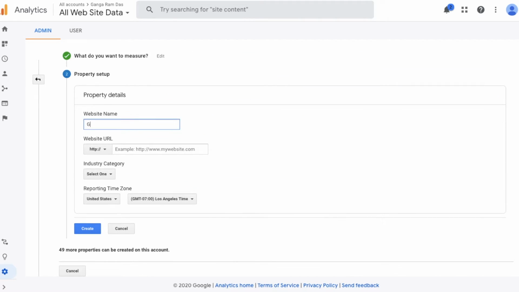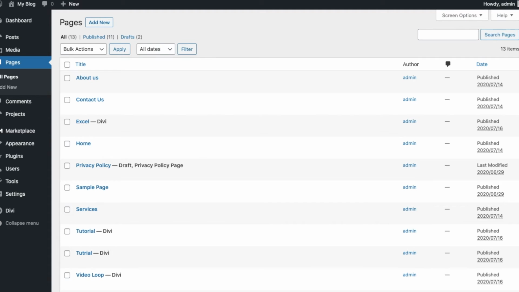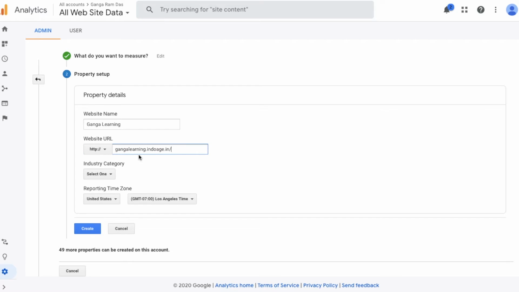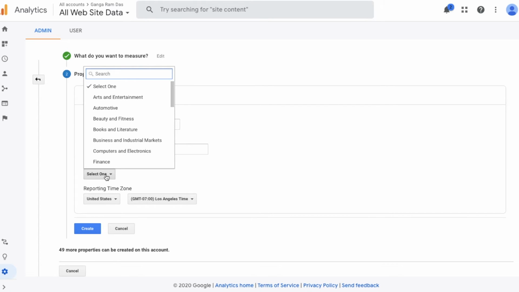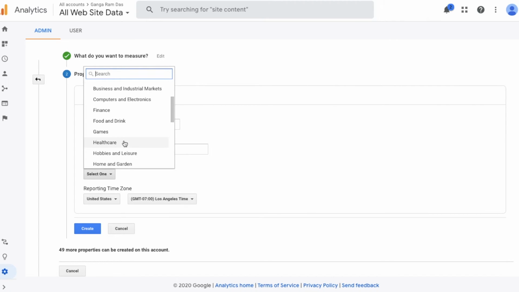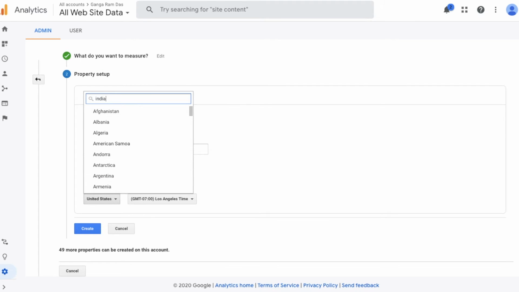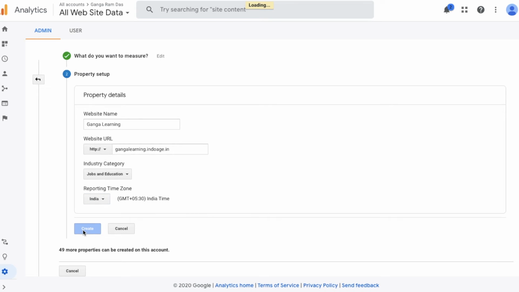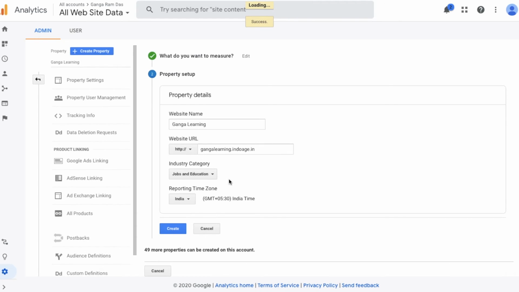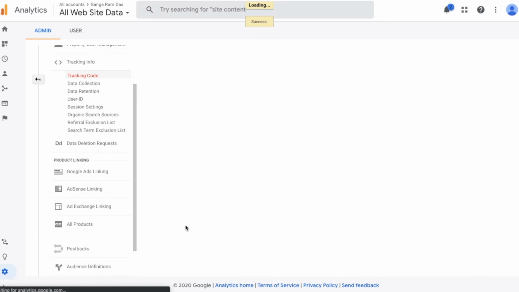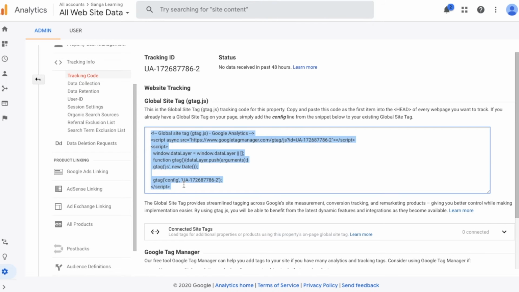Now just give your website name over here and give your website URL over here and select the category. In my case it is education, job and education. Select your time zone and create. Now you will be taken to the tracking code. Now you have to simply copy this tracking code